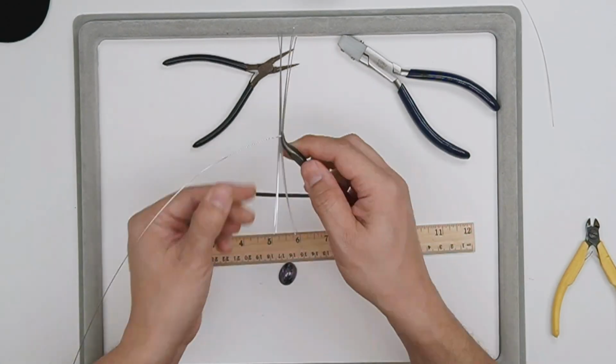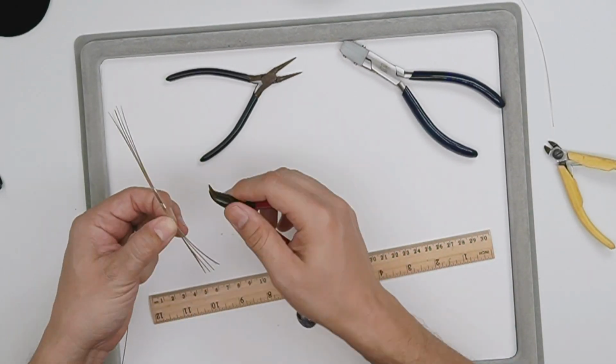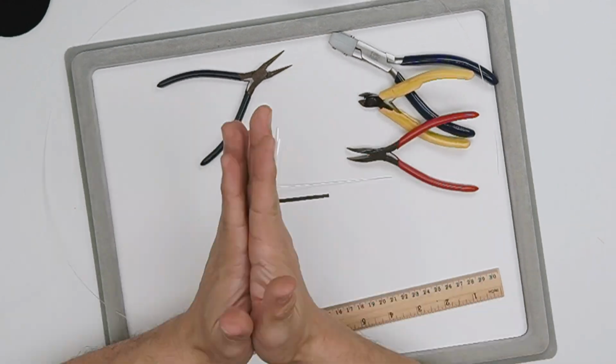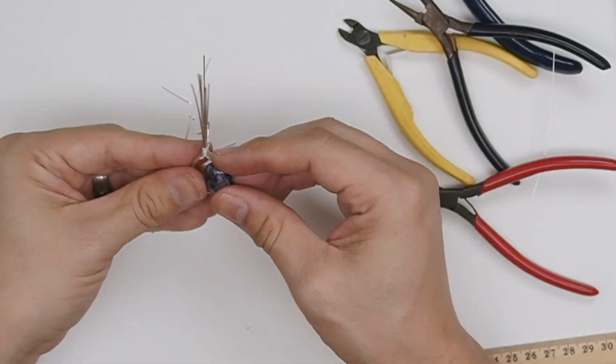Hello, my name is Mike Liao. I own Pandawire Jewelry, and I've been wire wrapping for about 20 years now. Today I'm going to show you how to make a project in one of my classes called Cab Ride 1. That's the name of the class. This is actually a kind of a classic